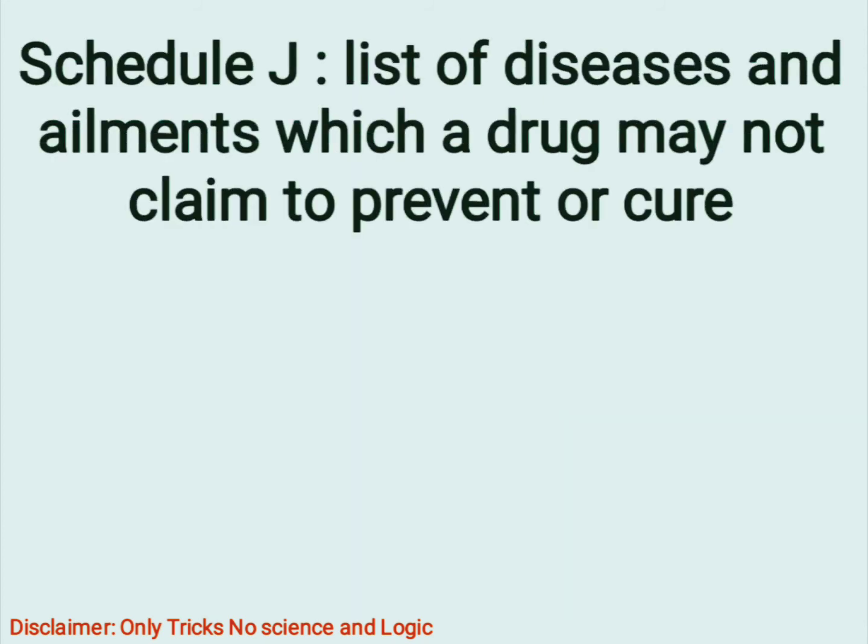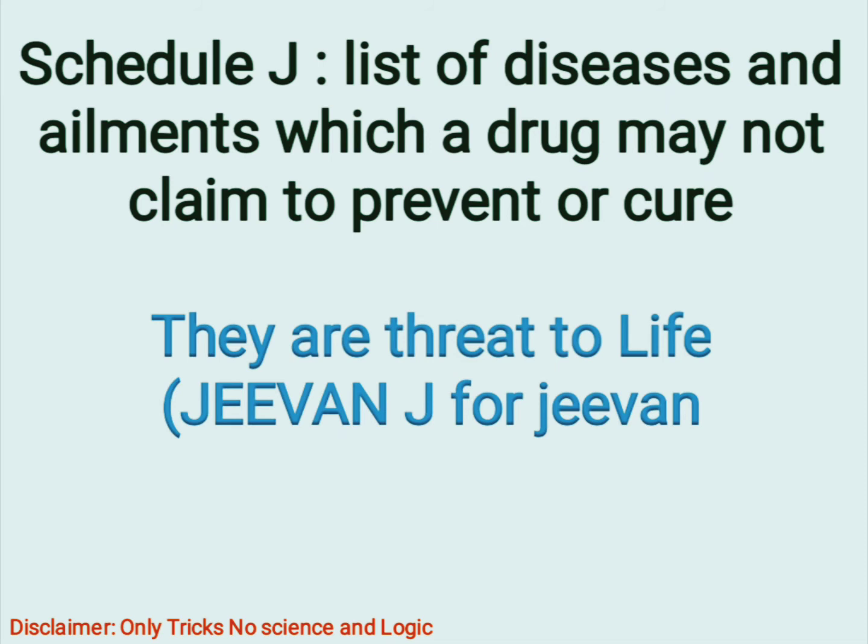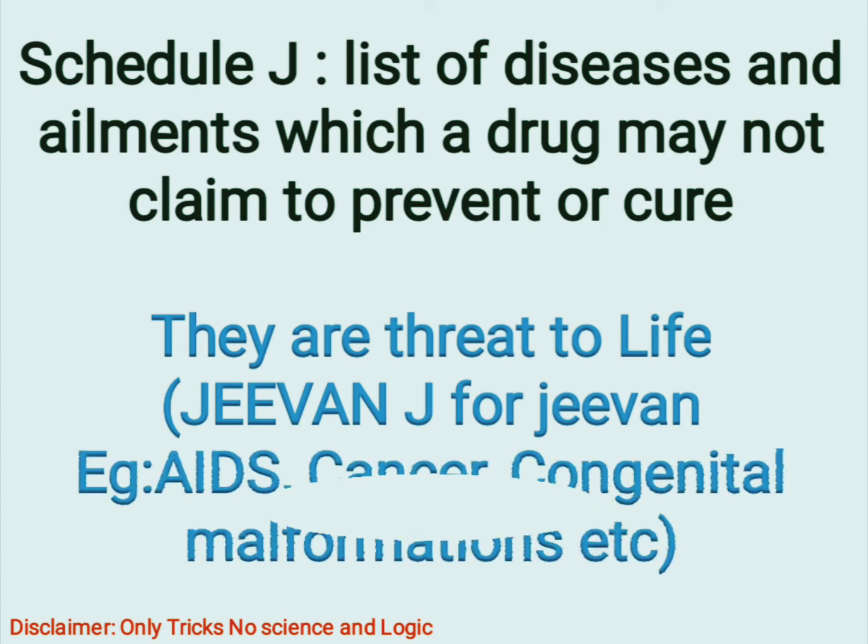Next comes Schedule J. This includes a list of diseases and ailments which a drug may not claim to prevent or cure. So they are life-threatening. Life means Jivan, isn't it? Life means Jivan. J for Jivan. So Schedule J contains the ailments and diseases which a drug may not claim to prevent or cure, like AIDS,